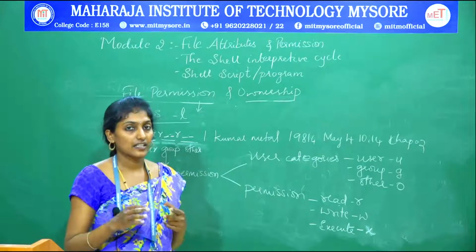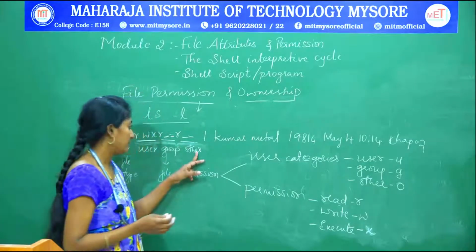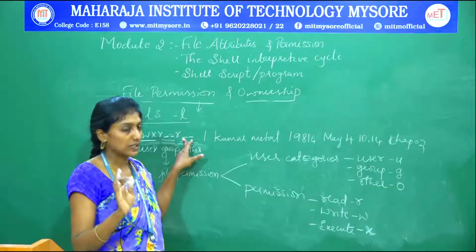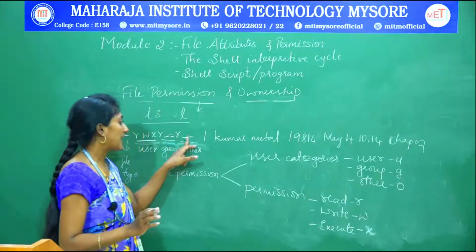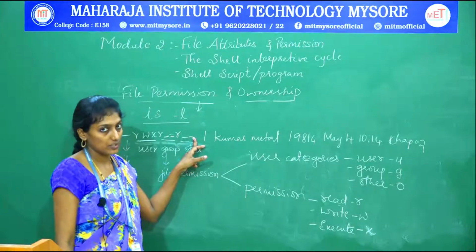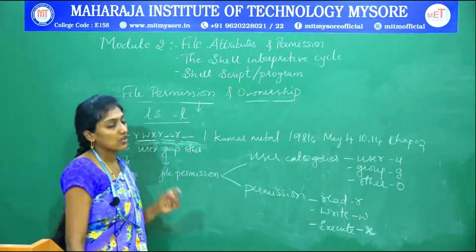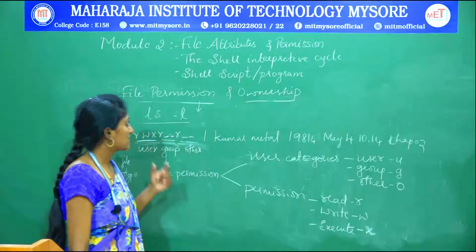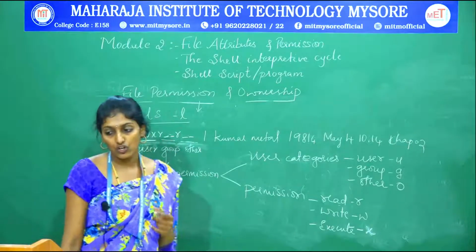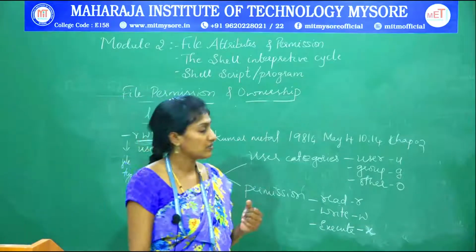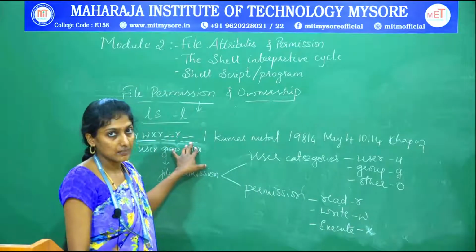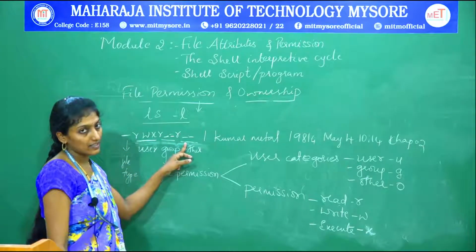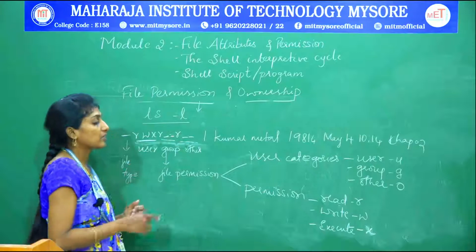Likewise, for the others category, it is always recommended that you provide only the read permission, that is R, whereas write and execute permission shouldn't be provided. So this makes your Unix system files more safe and protected. The Unix file permission always follows a 3-tiered file protection system which has been defined within the Unix file system. So here it follows 3-tiered file protection. So what does 3-tiered file protection mean?